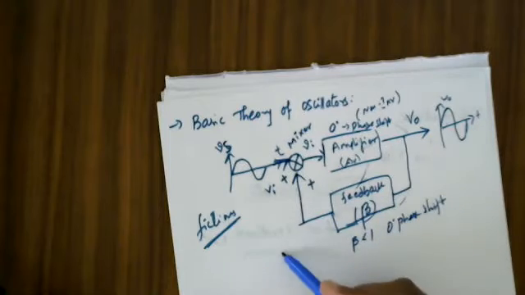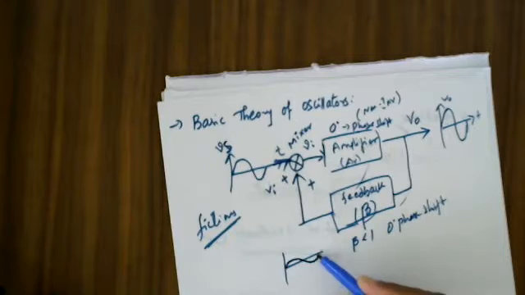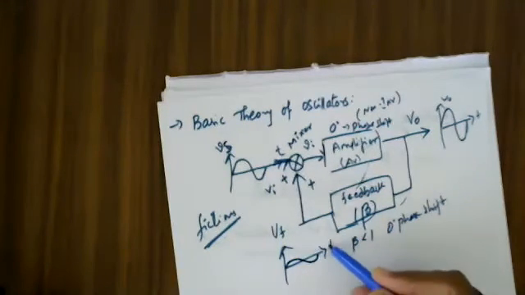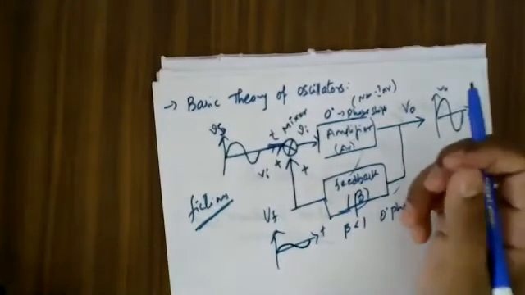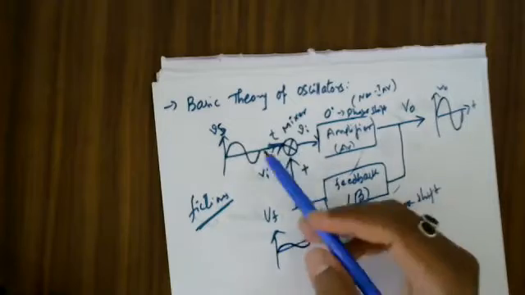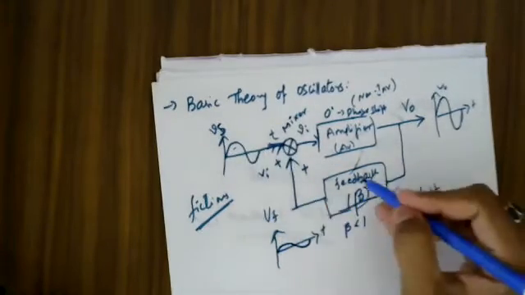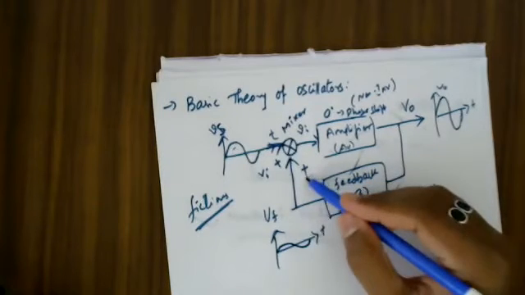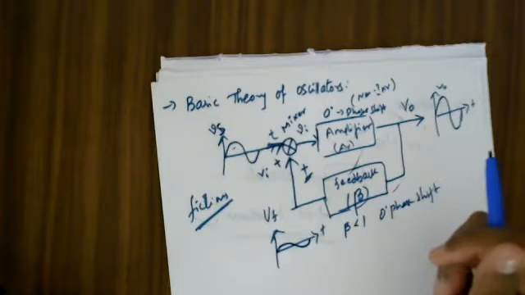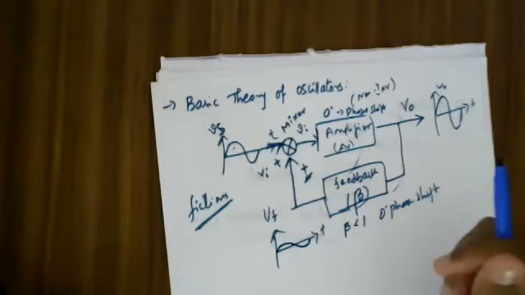Output of feedback will be what? Output of feedback will be a part of the output voltage. Let me say a small bunch of your output voltage. So this is your Vf with respect to the time t. Now, if you just observe over here, your feedback signal has the same phase as compared to your source signal. Now, it simply means to say the feedback that we are going to employ is positive feedback. Understanding? Is it clear to you?